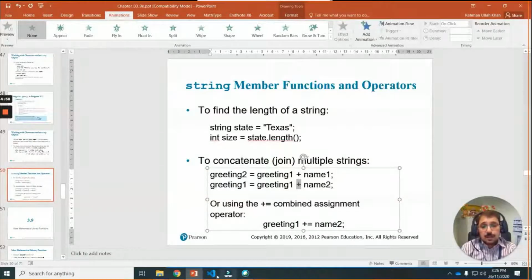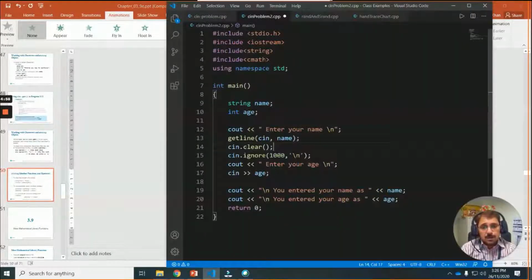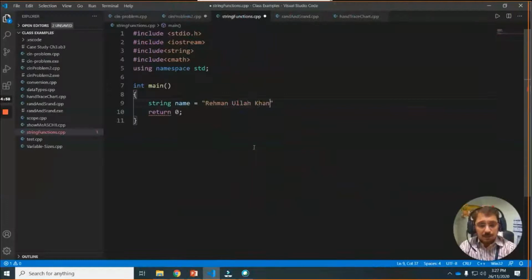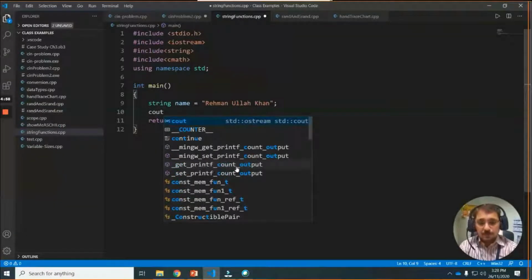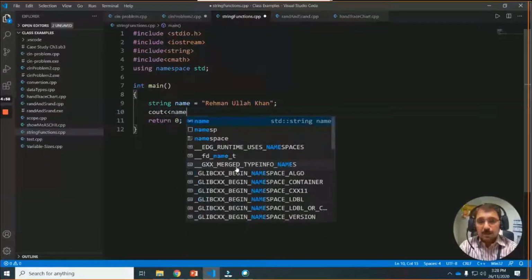of two strings. Let me show you how it works. Any text, and then we can use different functions on this variable, like for example cout name.